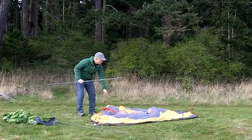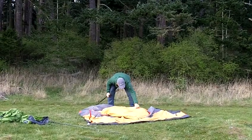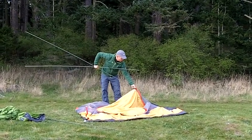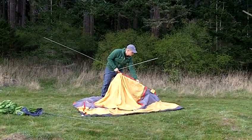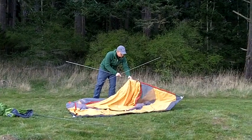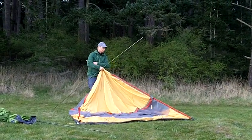And as we always like to point out, we like to have these tents set up with just 1 person in our videos, just to show how easy it is. Now, if you had 2 people or even 3 people setting this tent up, it would go even faster. So now Ted's going to